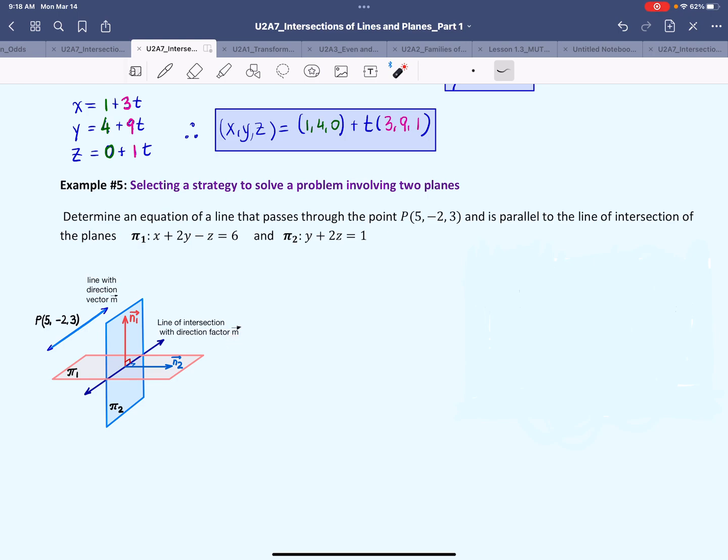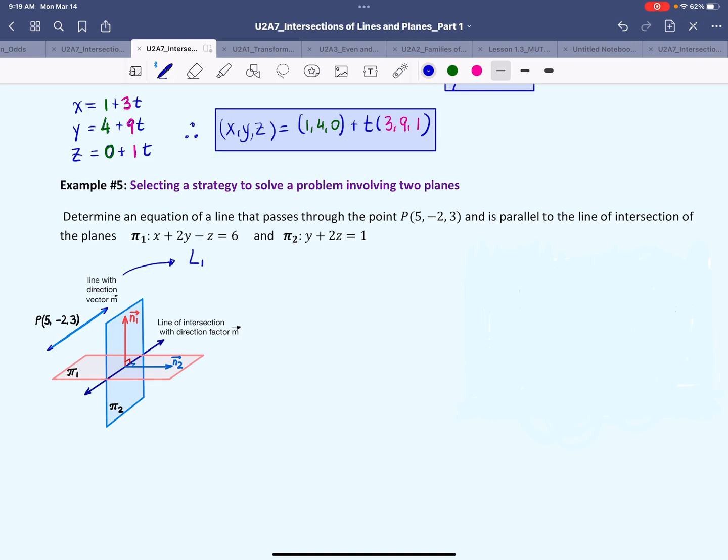We need to find the equation of a line that is outside these planes. So a line drawn from point P, which is right here, and is parallel to this line, which means that they must have the same direction vector, or their direction vectors must be scalar multiples of each other. So in order to determine the equation of this line, because that's what we're trying to find, then we're going